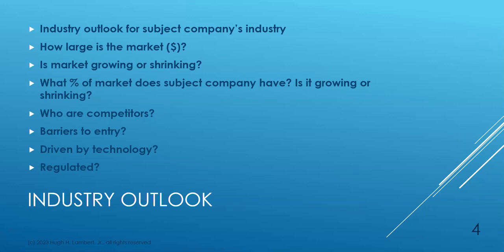We also want to look specifically at the industry that our company is in. And you might have had this in other classes. There's always a question of what is the total market for the industry we're in. So for instance, if we were examining the coffee market, what is the coffee market for the United States? How many billions of dollars are spent on coffee and coffee-related products every year? That's a really powerful thing to know. Is our market growing or shrinking? That's another question. If we're in a growth market, that can tend to bolster valuations.